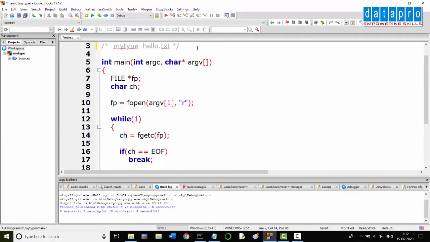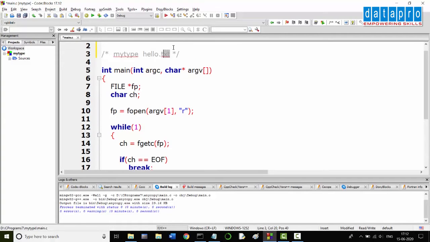As we have to deal with files, first we have to declare a file pointer, then open the file. Which one is the file in this example? This is argv[0], which contains the command name, and this is argv[1], the file name. Now open argv[1] in read mode. Then